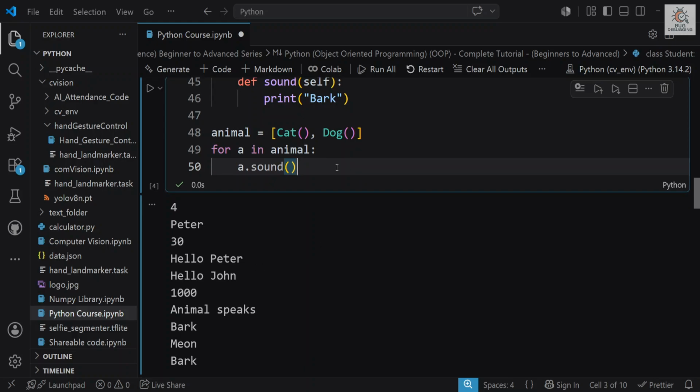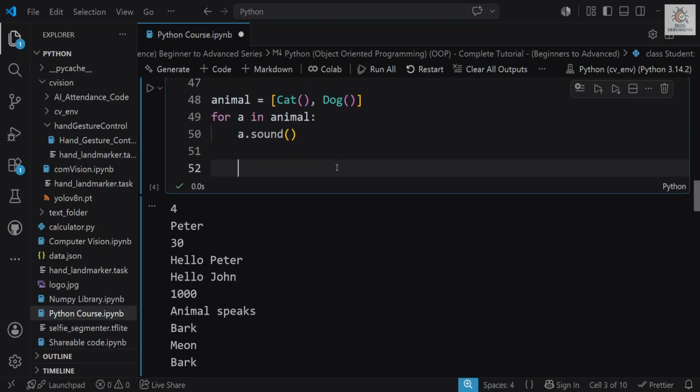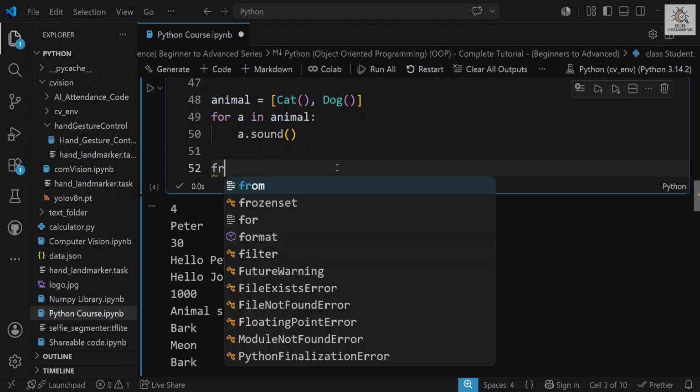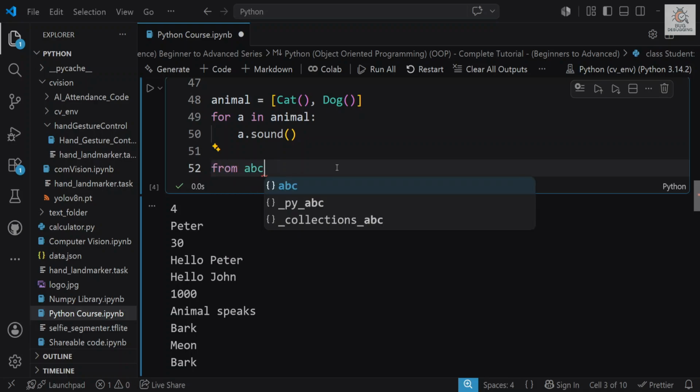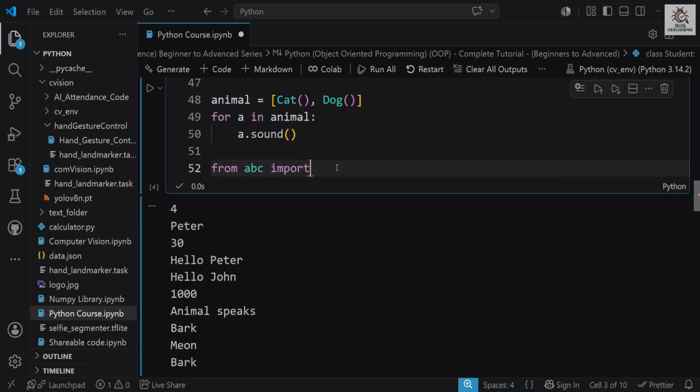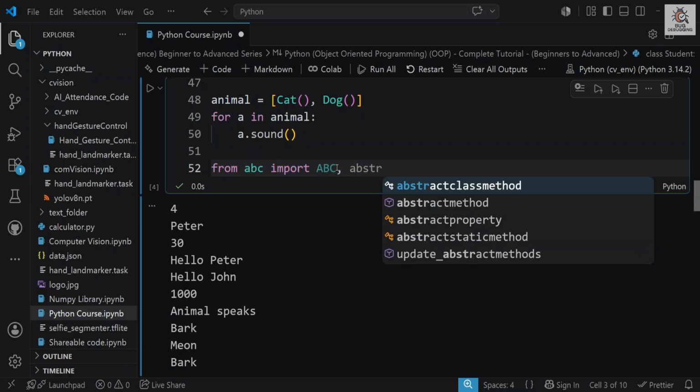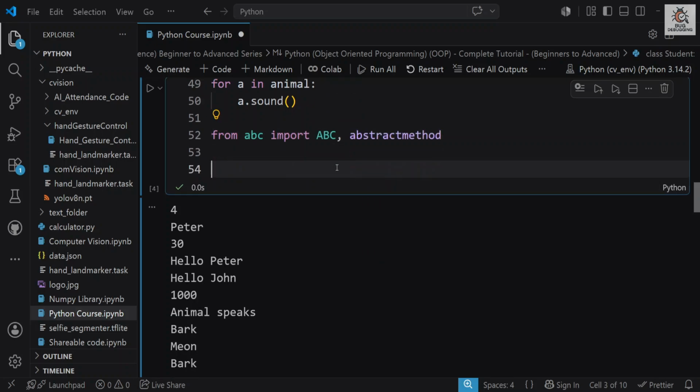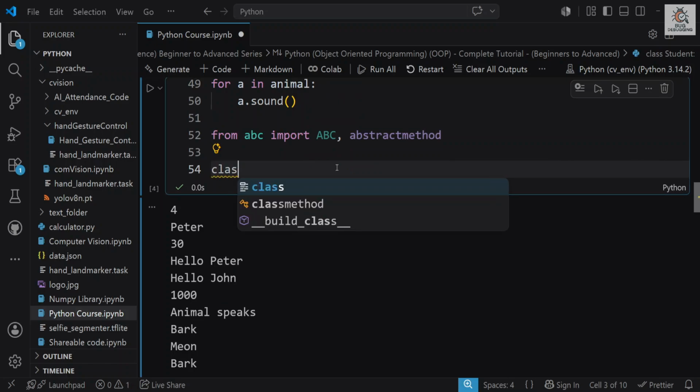And the last one is abstraction. Abstraction means hiding implementation details, where we create two different classes. One is a parent class and the second one is a child class. In the parent class, we only define functions and the implementation is done in the child class. For example, let me explain it by an example. So first we have to import abc, and then abstract methods. Now let's create a class that will be a parent class,